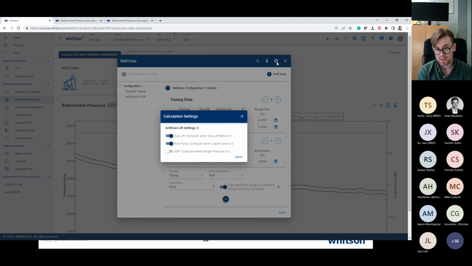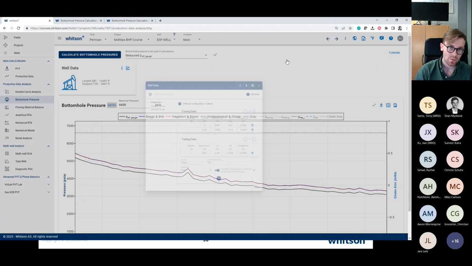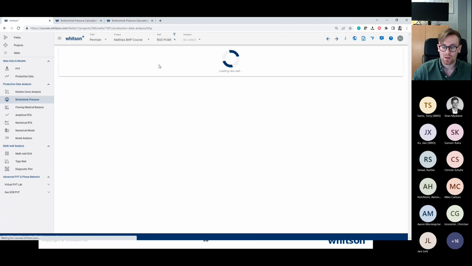And the same with the ESP. If you have an ESP in the hole, but you have no gauge pressures, what should you actually do? These are rules for you to set based on what you think makes sense. So if we go in here, for instance, and we go to the rod pump,